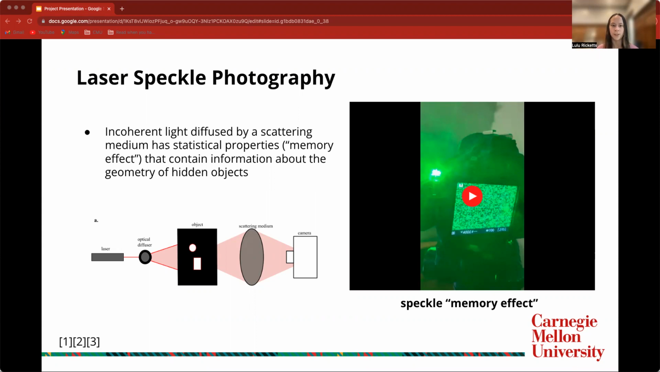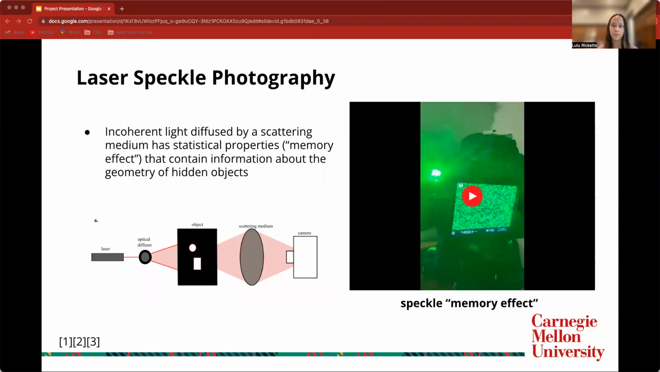On the bottom of this slide is a diagram of the schematic setup, where a laser goes through a vibrating diffuser which enforces the spatial incoherence assumption, goes through an object and a scattering medium to be imaged by the camera. The object I use is cutouts of a black sheet of paper, and the scattering medium is a thin